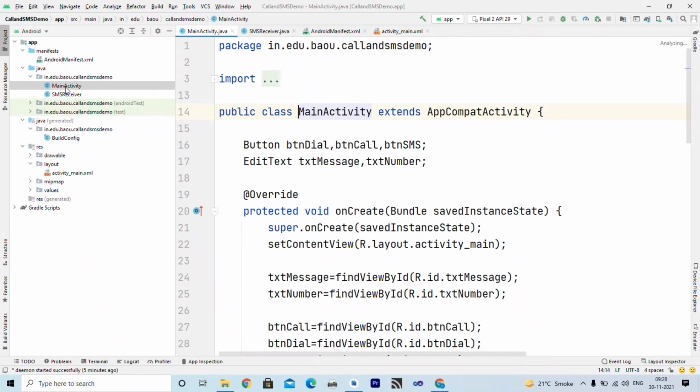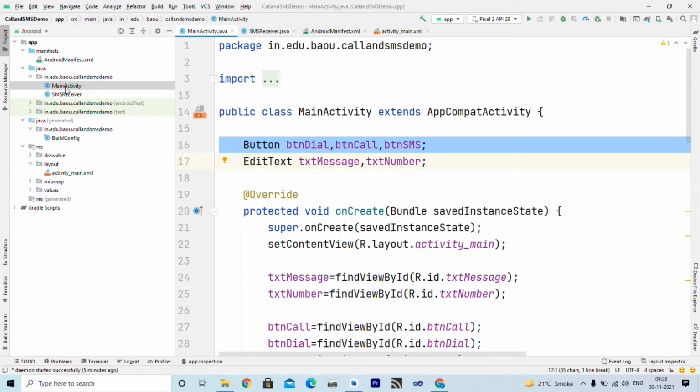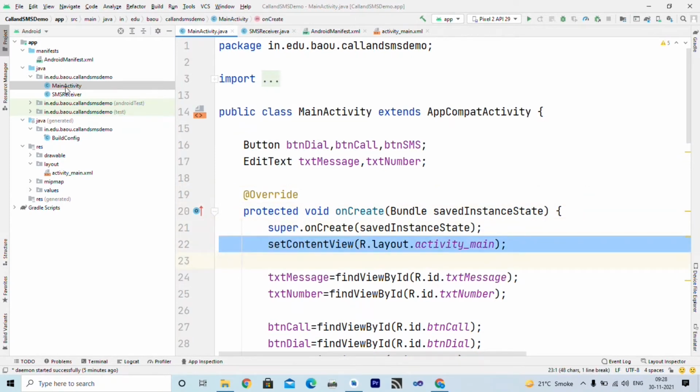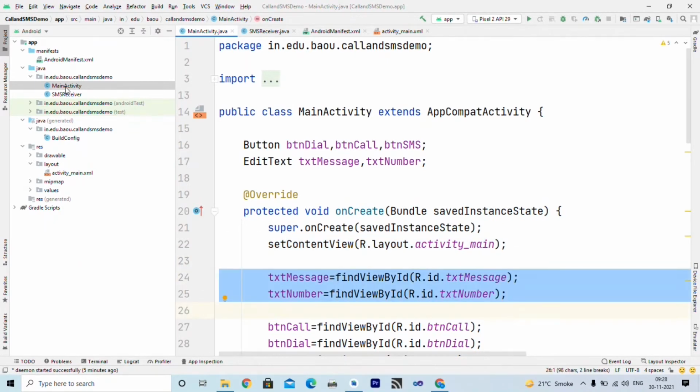This is my main activity, and we have three buttons: btn_dial, btn_call, and btn_sms. We have two edit texts, one for sending the message and one for the phone number, right? So we declare three button objects and two edit text objects here. Inside onCreate, we set our content view to the activity_main file, and we initialize two edit texts from our layout file, right?